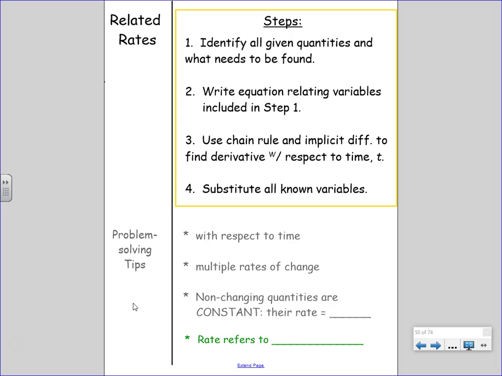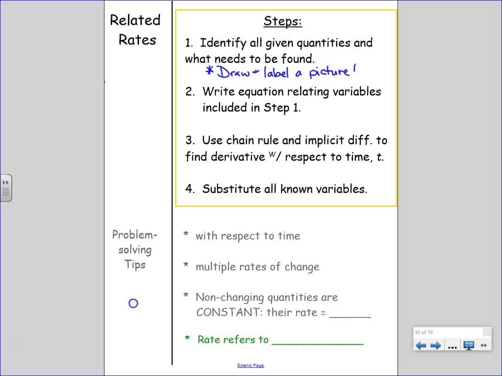Good news. AP guys assume that you don't know geometry so hot, so they usually give you the geometry formula. But sometimes you have to figure out how to go in. Or take derivatives, like we just did. Step number 1. Identify all givens and what needs to be found. And underneath this, you can just put it off to the side if you didn't have space. Draw and label a picture